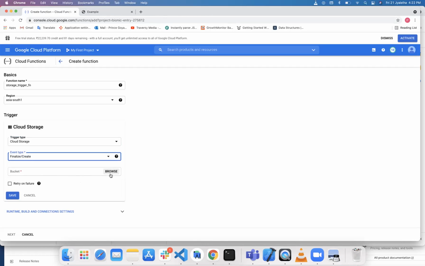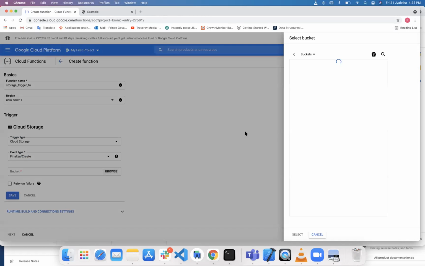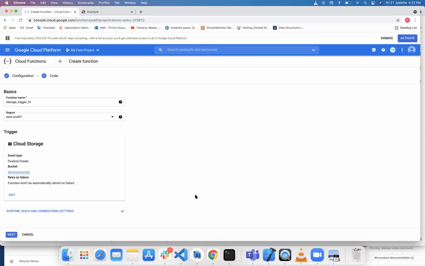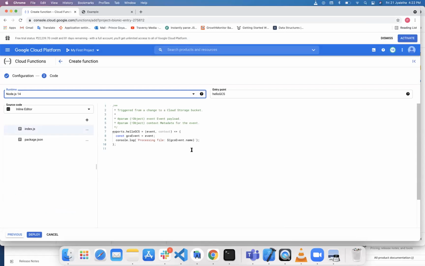We have to create a bucket on our Cloud Storage. I have created a bucket called developer buddy. So I will select this bucket and save this function. Next. So this is a Node.js function again, and we are using the inline editor.